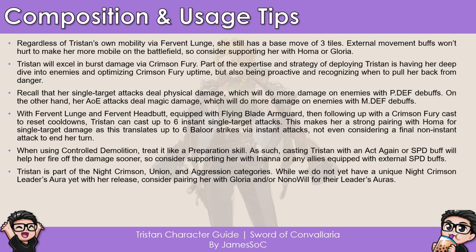Tristan will excel in burst damage via Crimson Fury. Part of the expertise and strategy of deploying Tristan is having her deep dive in enemies and optimizing Crimson Fury uptime, but also being proactive and recognizing when to pull her back from danger. Recall that her single target attacks deal physical damage, which will do more damage on enemies with physical defense debuffs. On the other hand, her AoE attacks deal magic damage, which will do more damage on enemies with magic defense